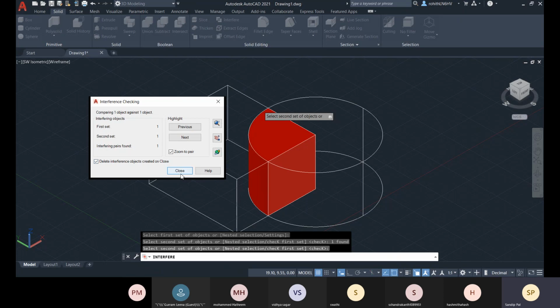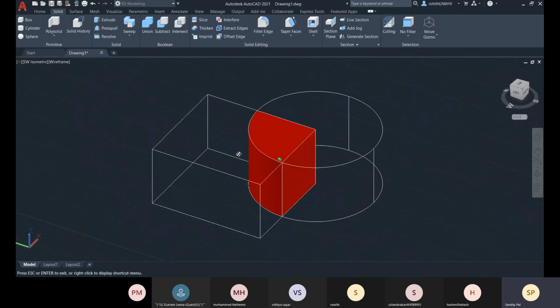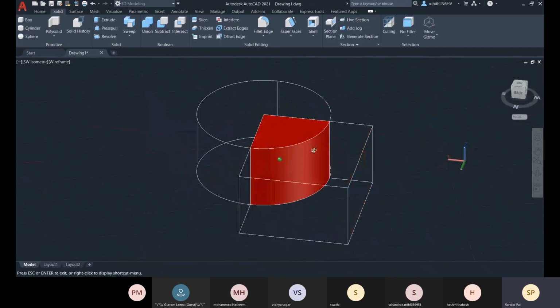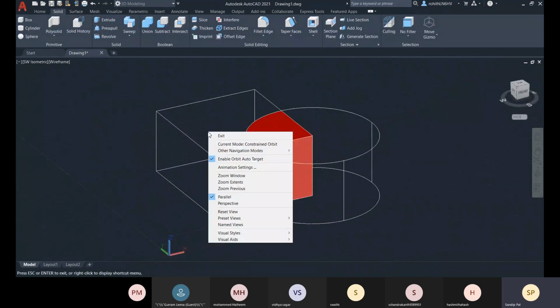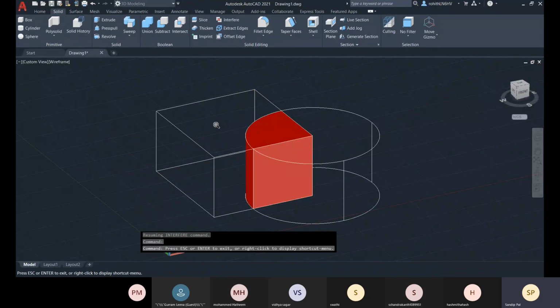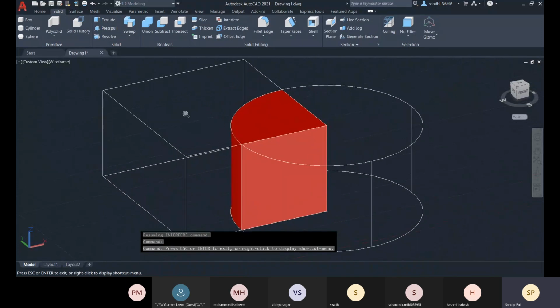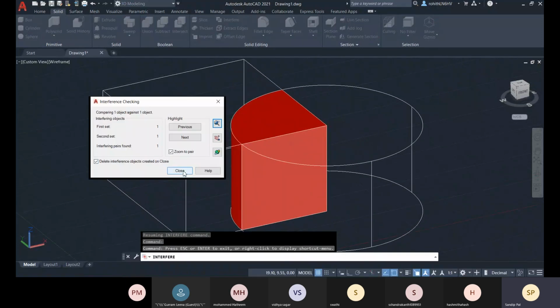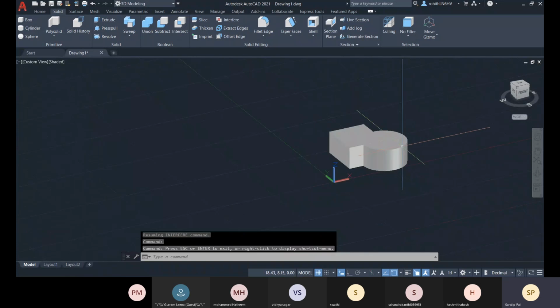Okay, so you can zoom with this, you can orbit. You zoom with this. Okay, and let me close it.